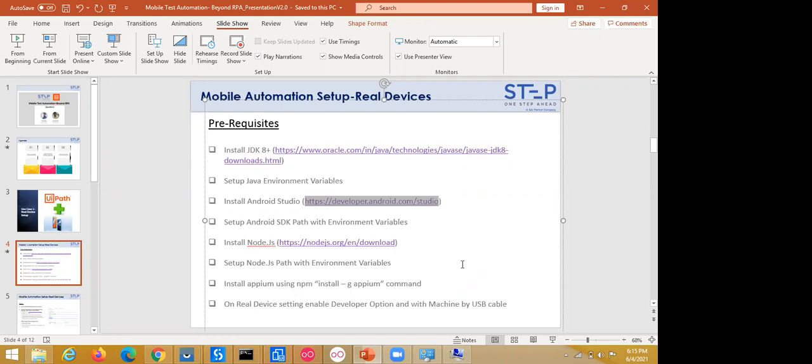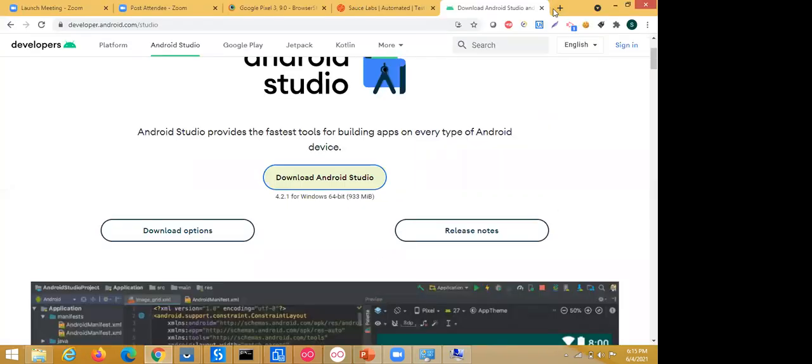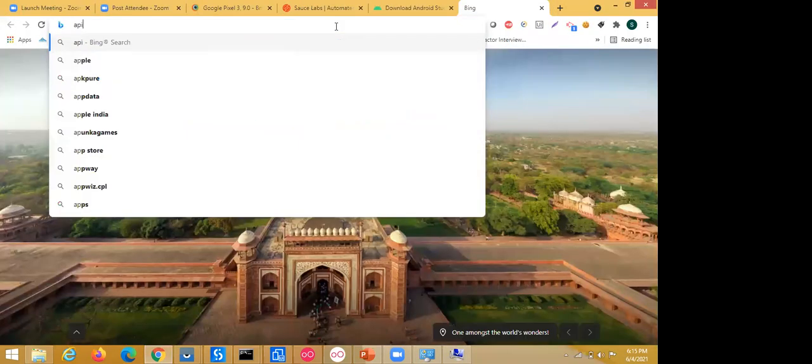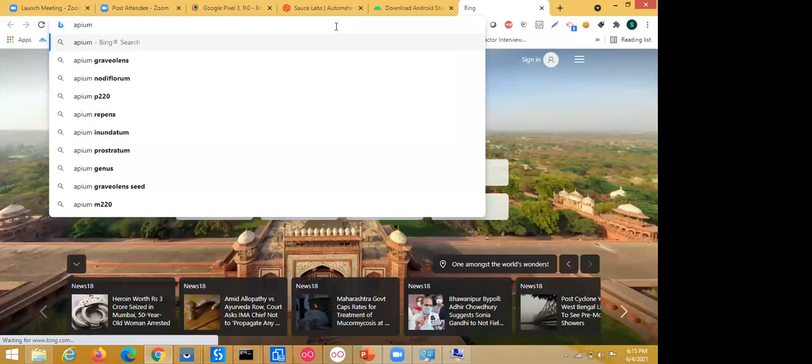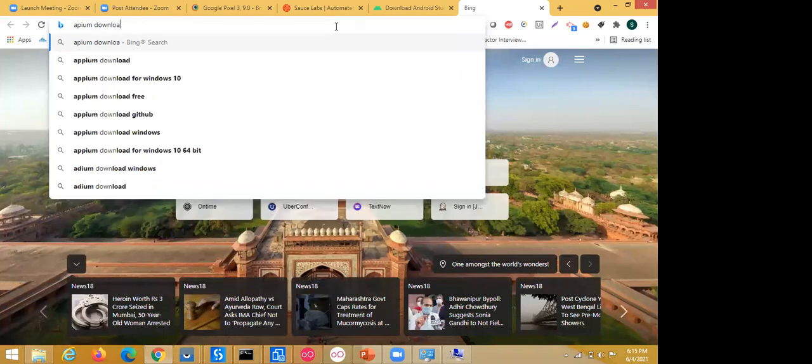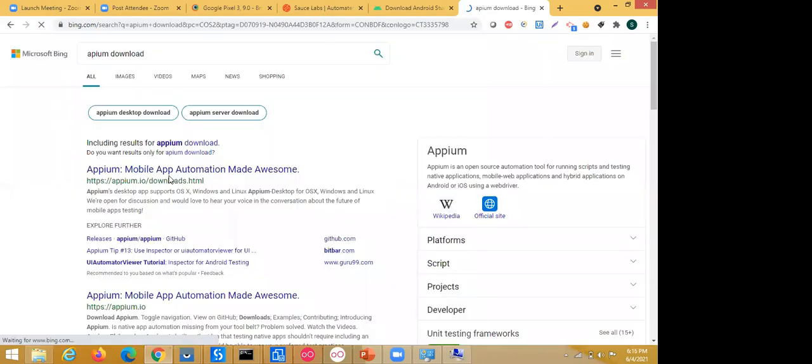So that's why we need to install Appium also, right? Appium installation has two ways. You can directly go to the Appium site and download the Appium client.